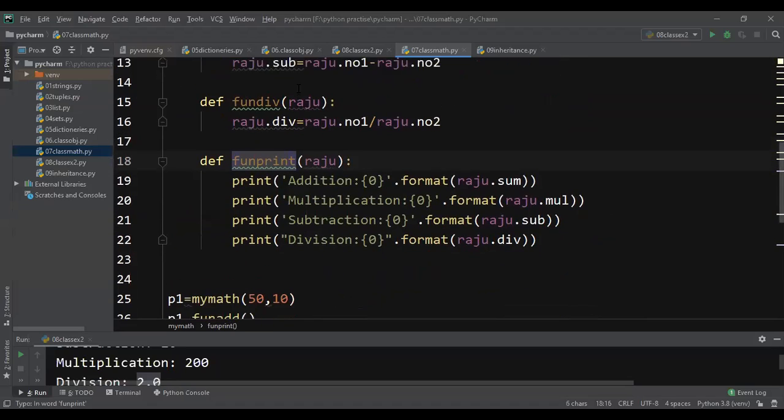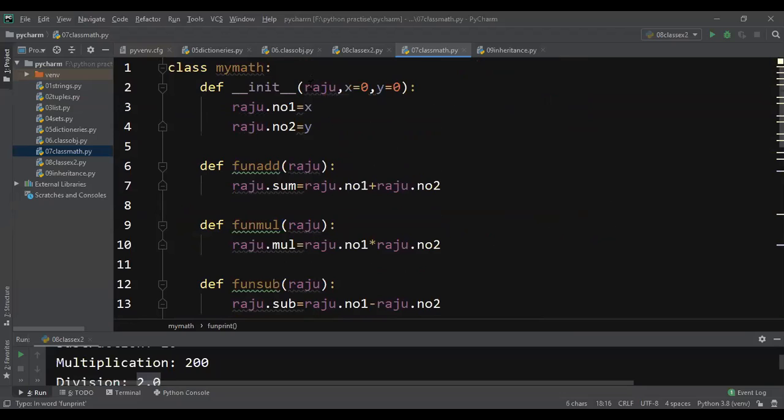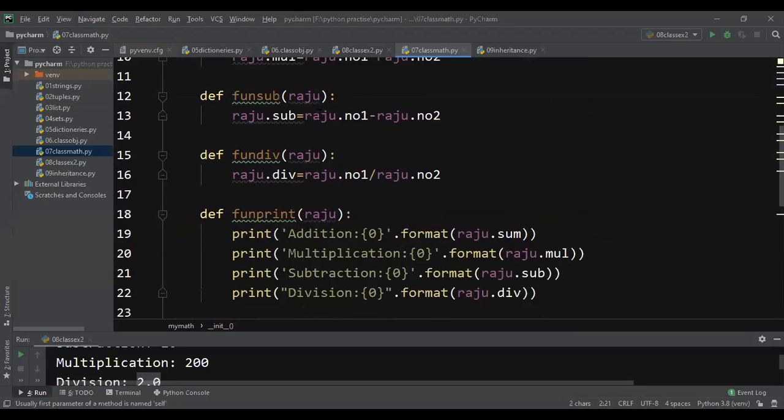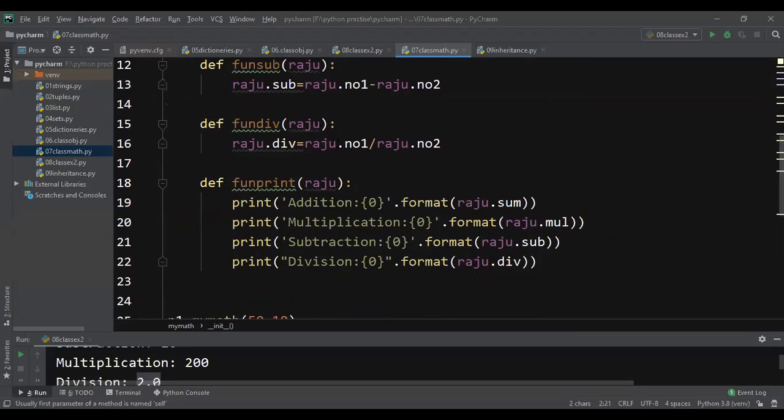Here, of course, the reference for the class is Raju. So everywhere, when you are declaring or assigning values to the parameters, you are supposed to use Raju, right? Now here, what I will do is,